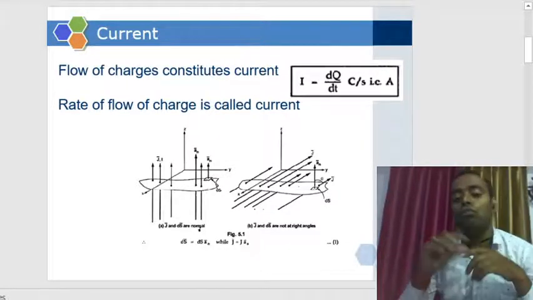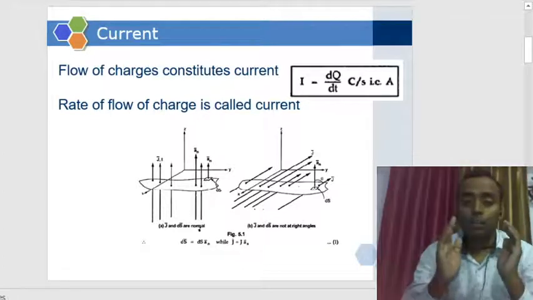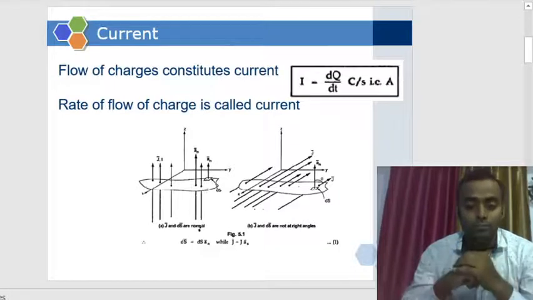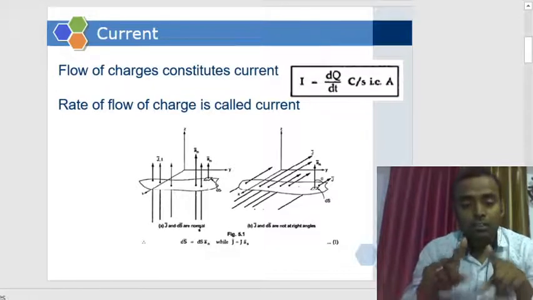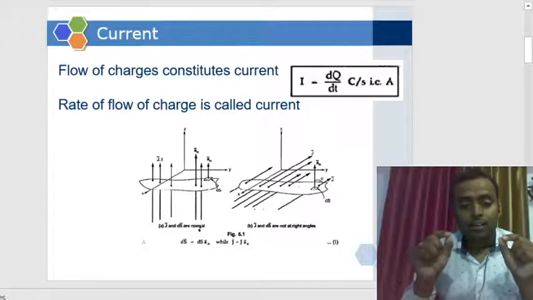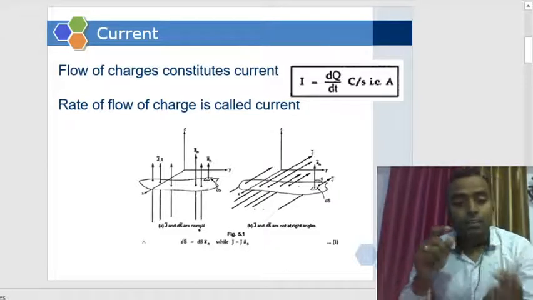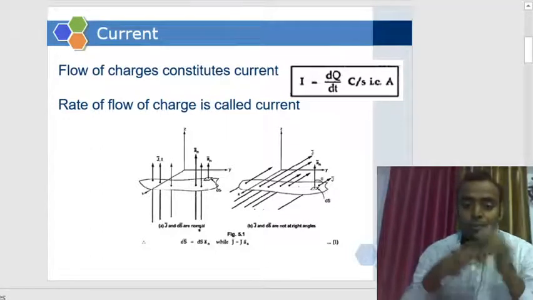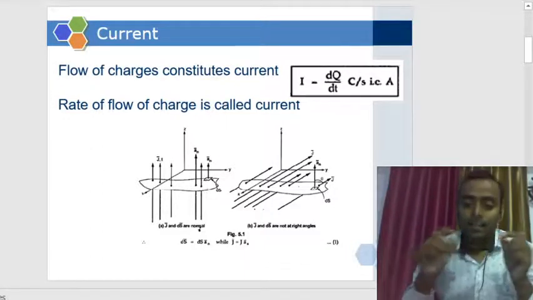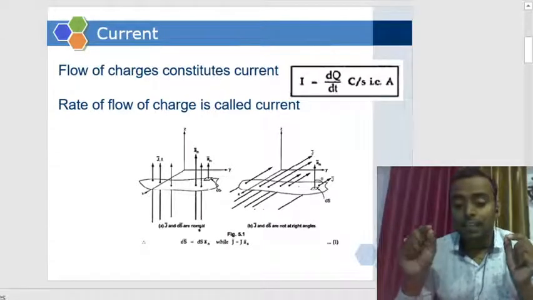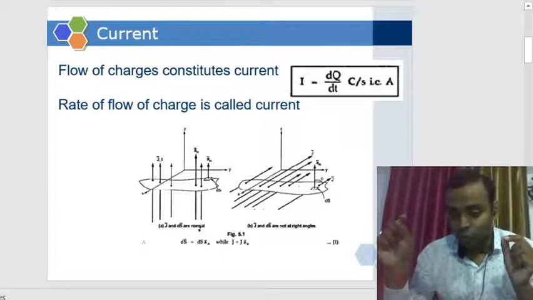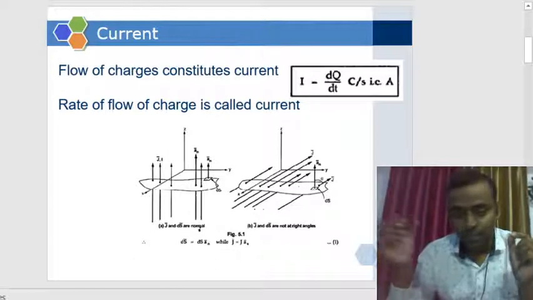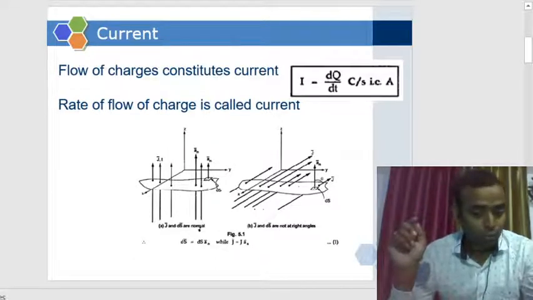Okay, so from this you can see we'll consider only that current density which is normal. Okay, so normal and differential surface area, and the direction will be its normal. Okay, so we will take J with normal direction to that surface, and also the differential surface area, the total surface area, and we'll consider only the normal direction.